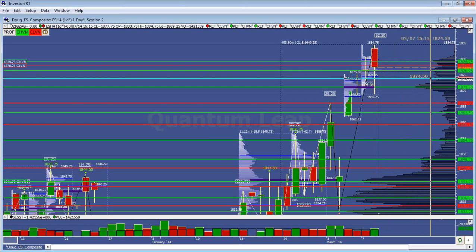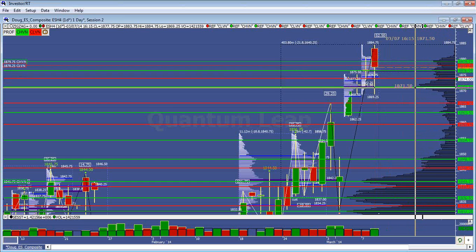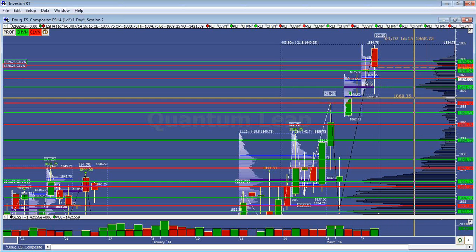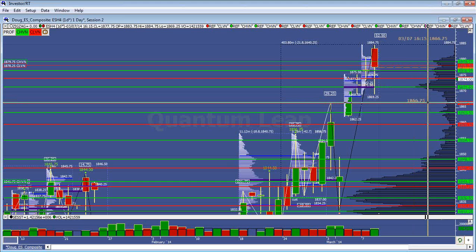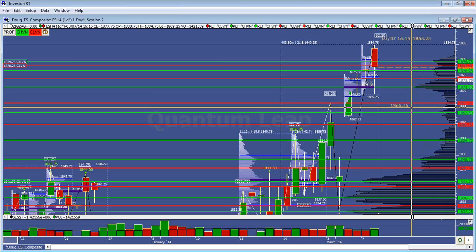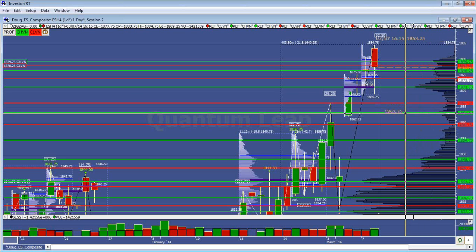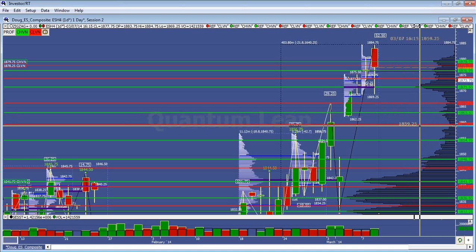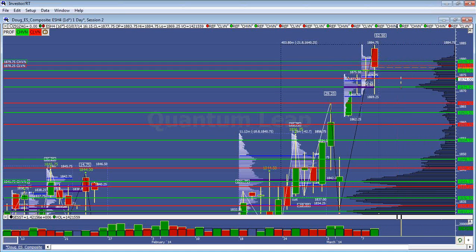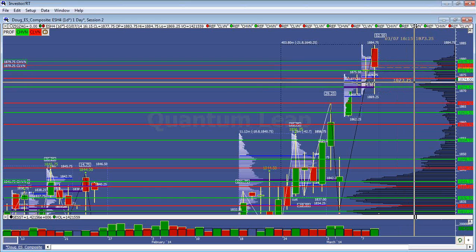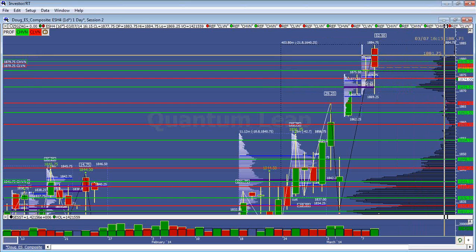But if we stay below this 74, look for them to come down and explore the 71.50 again with a move down to the value area low at 68.50, but it's really 66.50 that you want to keep your eye on. And then below 66.50, look for a rotation down to 63.50 with the other side of balance being at 59.75. But right now I think we're going to get some consolidation and just some rotation in this upper distribution